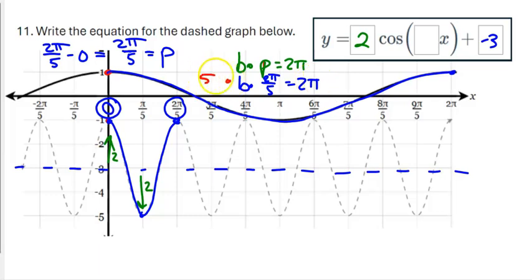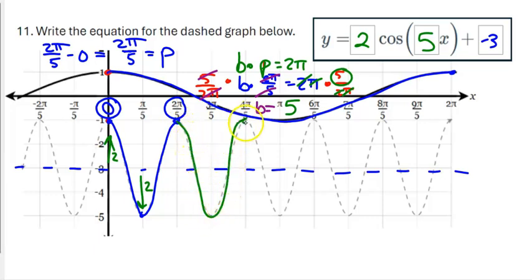So I'm going to multiply both sides by the reciprocal of 2 pi over 5. And the reason I do that is because the 5's cancel each other out and the 2 pi's cancel each other out, so the only thing left on the left side is just b. On the right side, the 2's and the pi get canceled out, so what's left is 5. So the b value in this problem is 5,